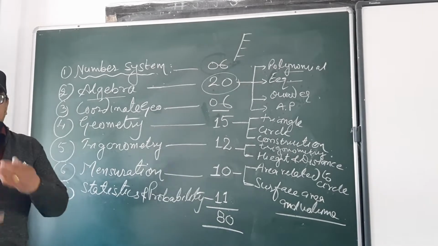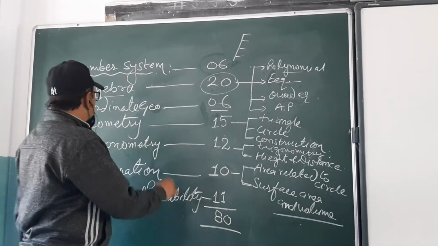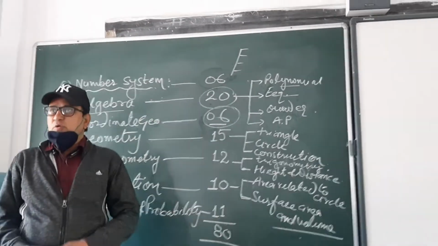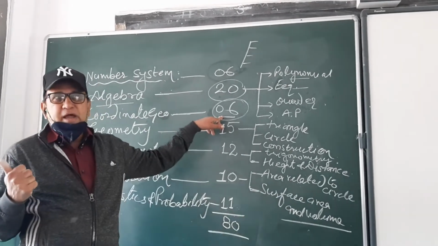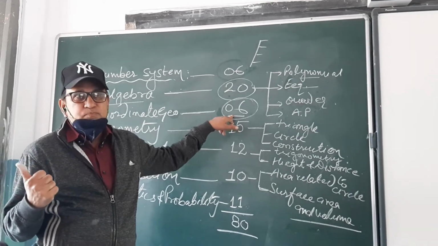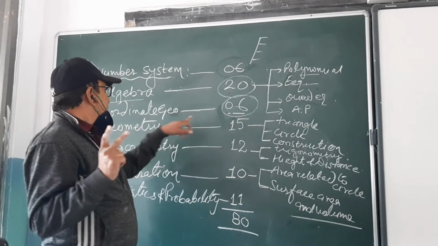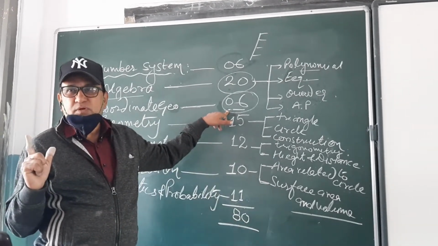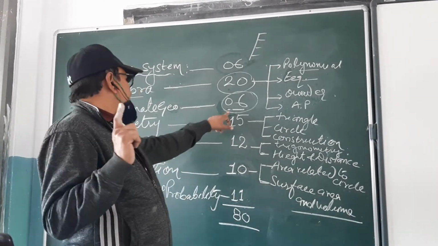Clear? Then in detail, we will see which questions come from which chapter. Now then coordinate geometry. There are only 6 marks. How many questions are coming this time? Distance formula and section formula, that is internal section formula. Okay, area of triangle is deleted. So only two concepts are here in coordinate geometry: distance formula and section formula. Right, that's very good.